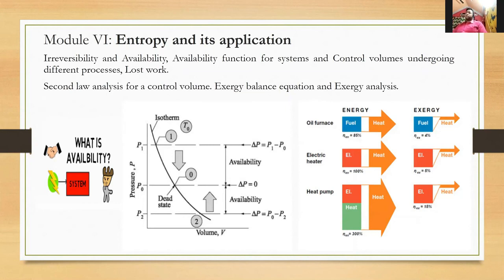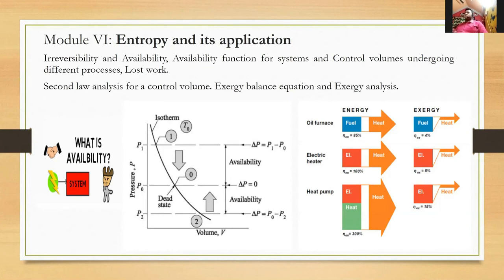Although there is one efficiency called the first law efficiency, we will have another efficiency called the second law efficiency, which actually indicates the sustainability of the system. So the sustainability of the system is also very important to know, and that will ultimately give you the direction of a process on the happening, and ultimately it will give you the real evaluation of a system.